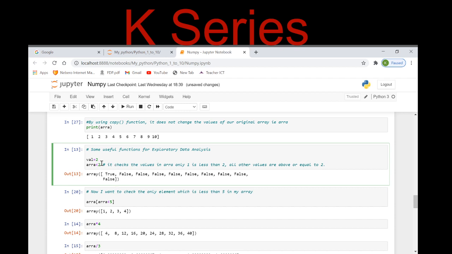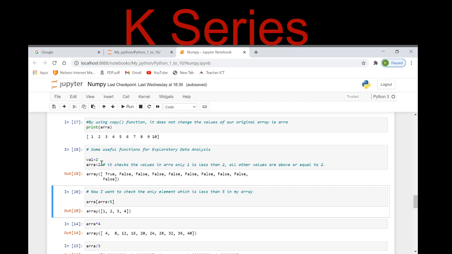See here, by simply giving one statement, I can check whether the values are greater than the variable or not. So it is giving me boolean true, and then the rest is false, false, false, false, false, because my array is from 1 to 10 and only one value is less than 2 and all others are above 2 or equal to 2, right?